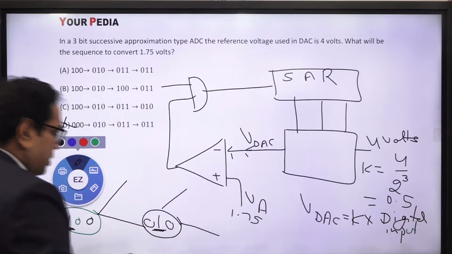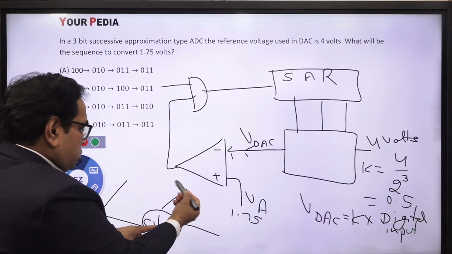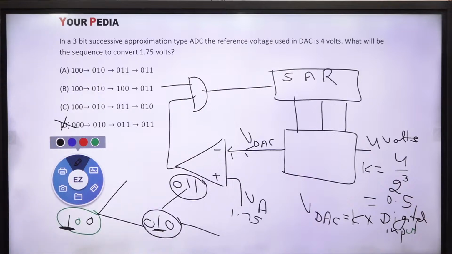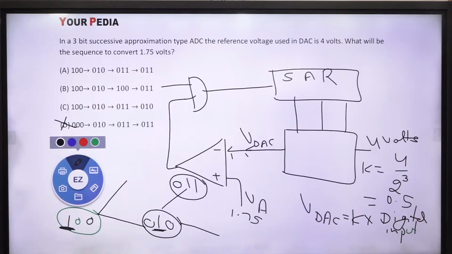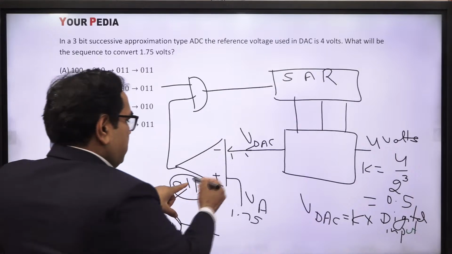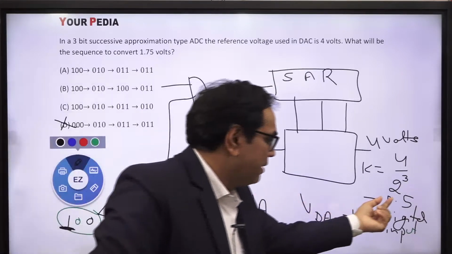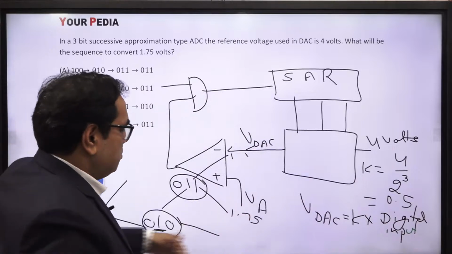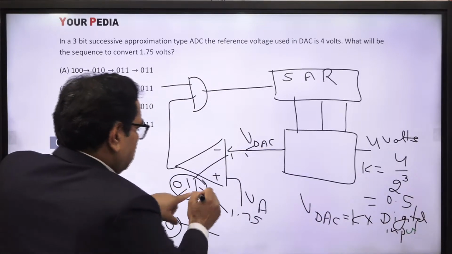अब सेकंड बिट की प्रोसेसिंग होगी, यहाँ पे एक एक बिट की प्रोसेसिंग करते हुए आगे चलते हैं। सो जब ऊपर की तरफ मूव करना है सो इसको as it is रखेंगे 1 और अगली को 1 कर देंगे। सो नेक्स्ट स्टेट will be 1 1। ओके, सो 100, उसके बाद 0 1 0 और 0 1 1, ठीक है। अब नेक्स्ट स्टेट क्या आएगा? फिर से हमारे पास 2 पॉसिबिलिटी होंगी यहाँ पे, 1 और 2, इस तरीके से। 0 1 1 का मतलब 3 और 3 को 0.5 से मल्टीप्लाई करेंगे 1.5। सो 1.5 अभी कम है 1.75 से, सो अभी भी कहां चलेंगे हम? ऊपर की तरफ, ठीक है।